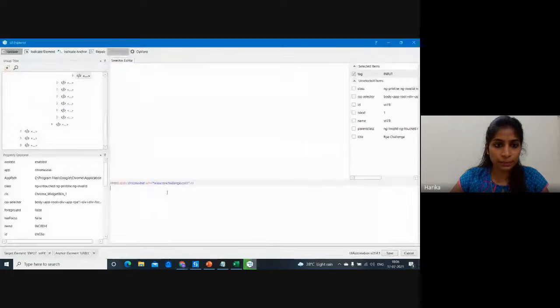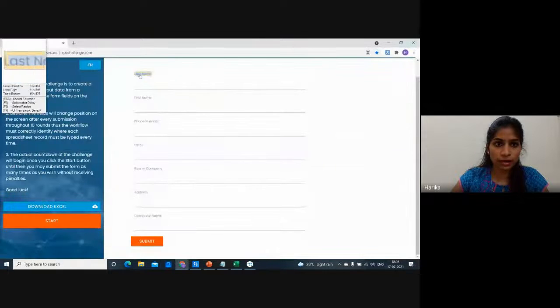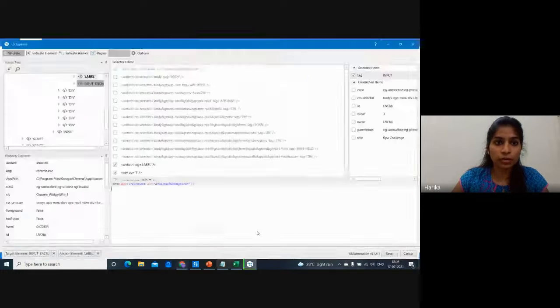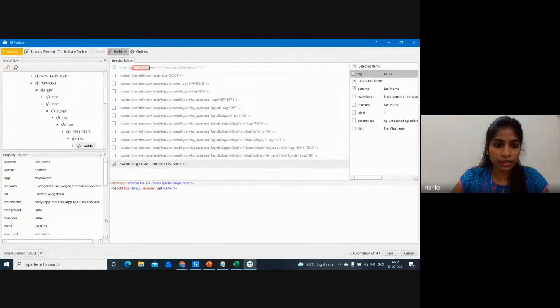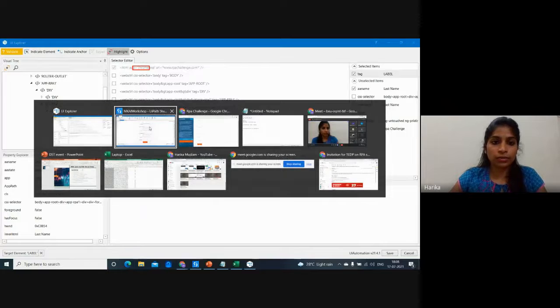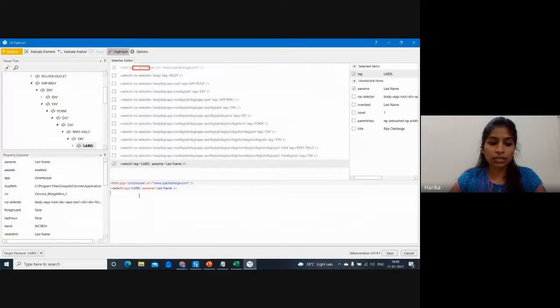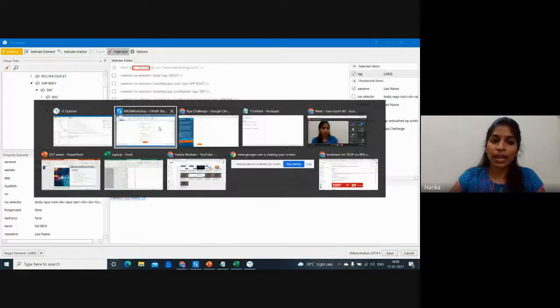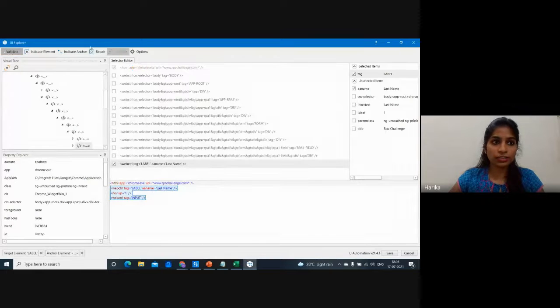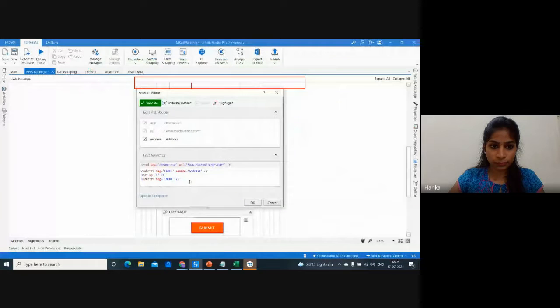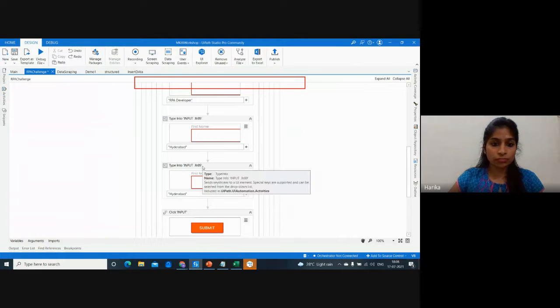Next we can take last name and go to indicate anchor and take last name. It's quite easy, right? So this has not come up. So just be smart enough, go the other way around and just take the aname. By this time you should be familiar with what we are doing: get the data from that previous value and then you can edit the selector, correct? Just validate it. Whatever you're doing, try to validate it. Then go over here, paste the values and save it. So we have taken 3 values.